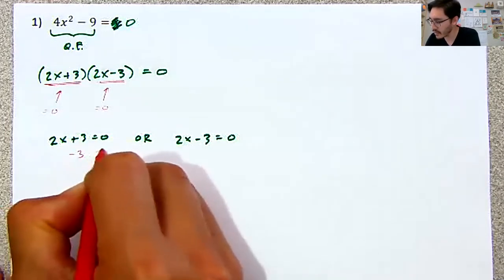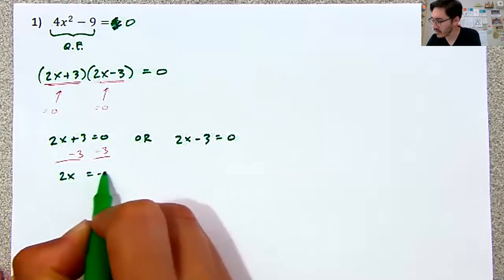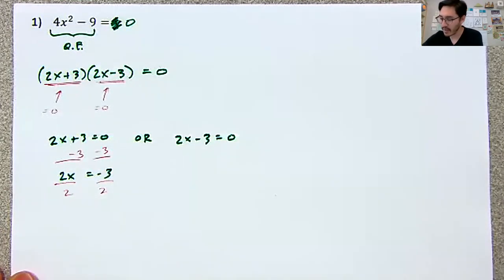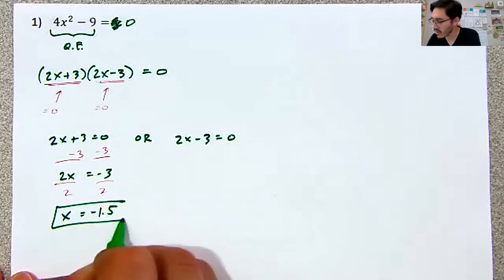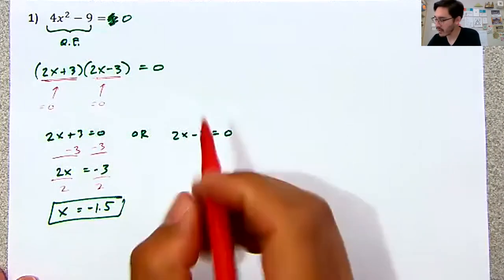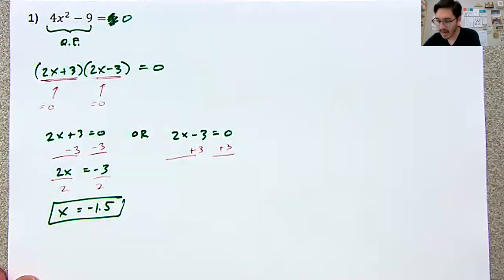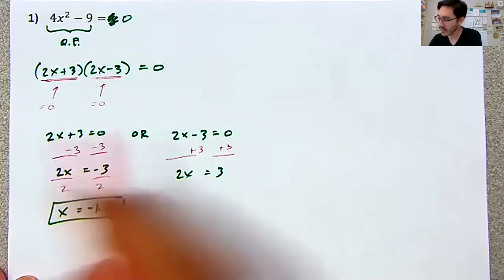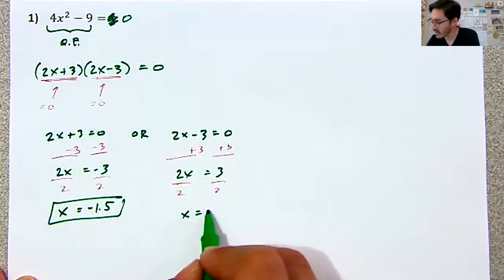So I'm going to subtract 3 first. 2x equals -3. Divide by 2, and we get x equals -1.5. Okay, you could leave it as a fraction too if you want. Okay, for the other equation, we're going to add 3 to both sides. So we get 2x equals +3, and divide by 2, and so we get x equals